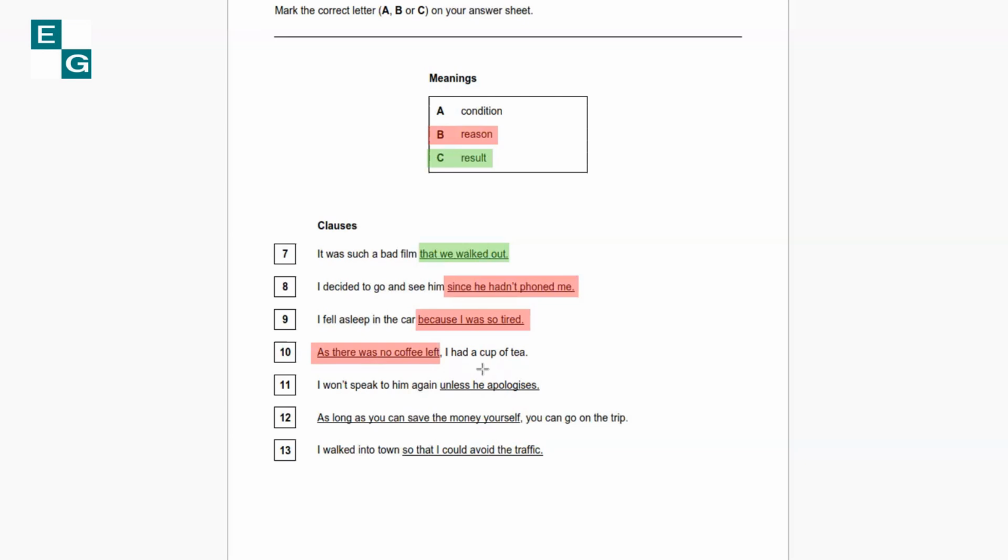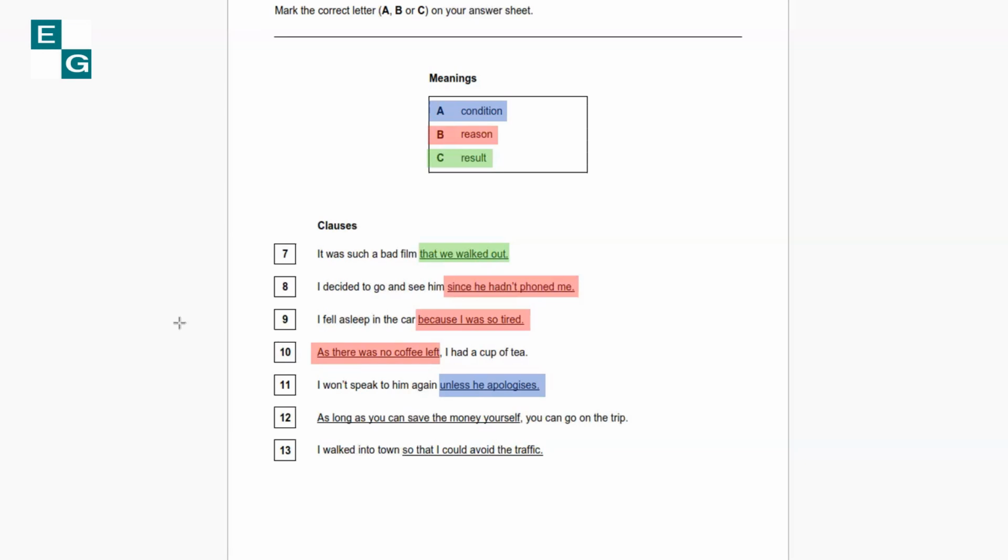Then for number 11, it says, I want to speak to him again unless he apologizes. And that may mean first you apologize. Then I will speak to you again. So it is my condition. If you apologize, I speak to you. But if you don't apologize, I don't speak to you. So we can consider this as